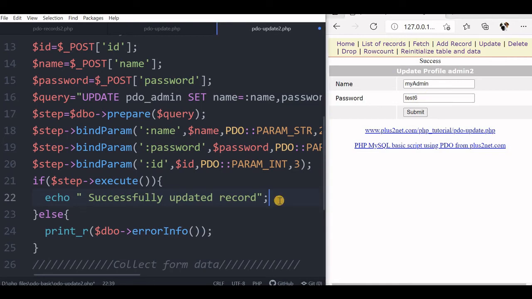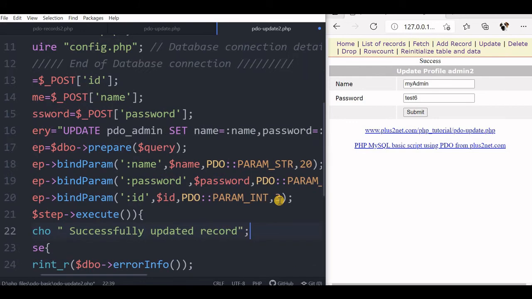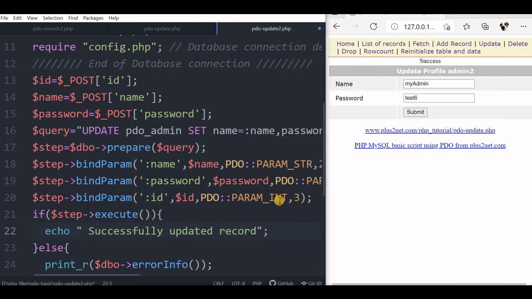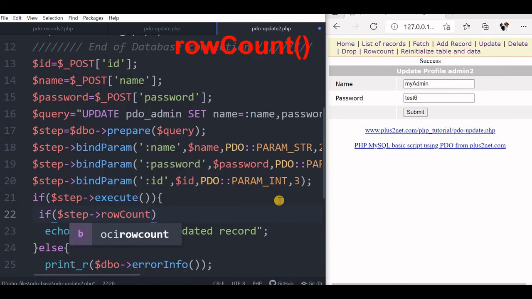Now let's again go to update and see that the default value is test 6 now. We know we are here updating one record. So we can also find out from MySQL how many records are updated. Let's use one more if condition. We'll say step, we'll use row count. This will tell us how many records are updated.